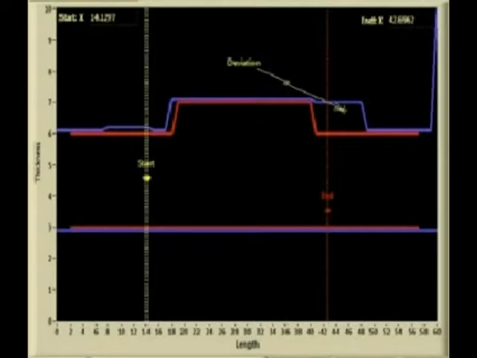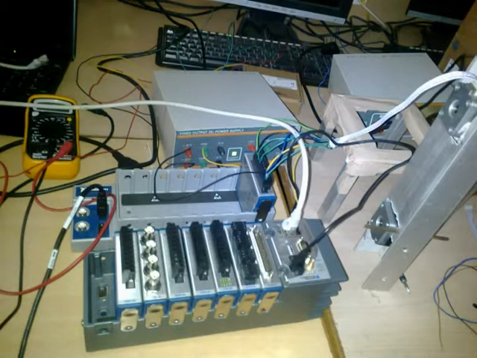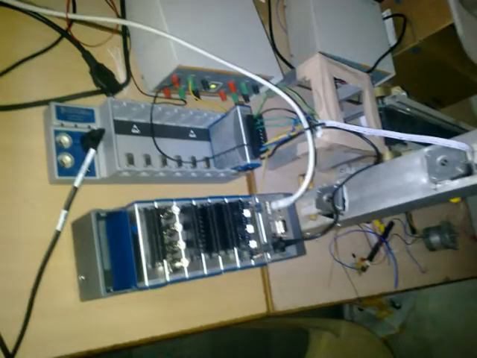If it doesn't match the ideal pattern, then it gives the necessary signal to the cutting section, which immediately cuts the material. By doing this, we can avoid the wastage of material in the extruded part. Since it is an industrial application, we want to make a completely autonomous model. So all the motion control has been deployed in the stereo system, where a completely autonomous model can be achieved.